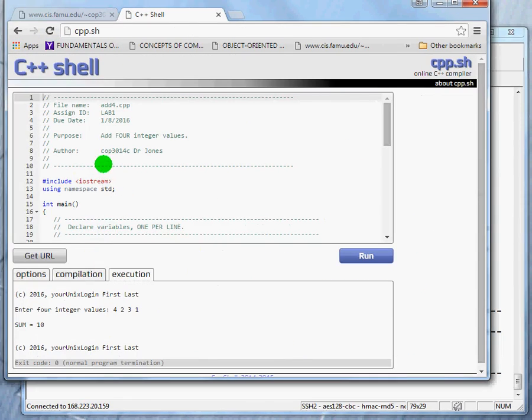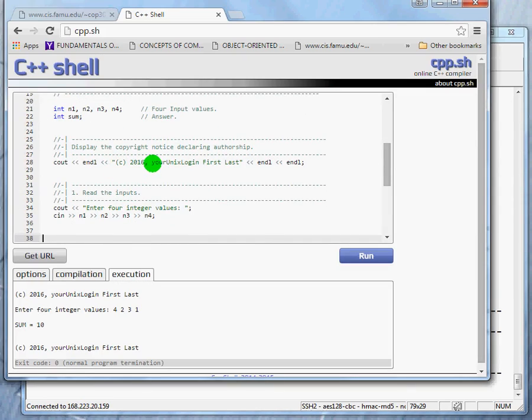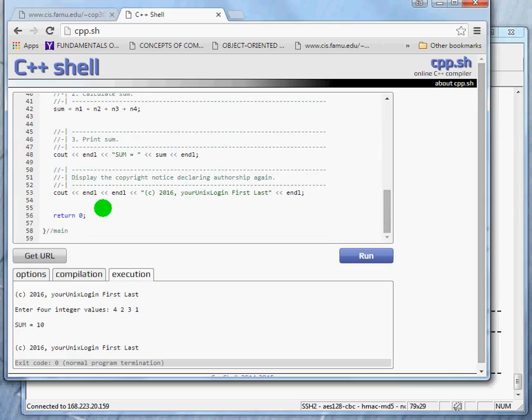I'm sorry for jumping around. I'm going to go through and where it says your login, first, last, I'm going to say COP 3014C Joe Jones. Alright, and I'm going to do the same thing down here. Okay, and